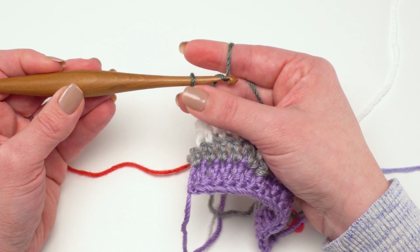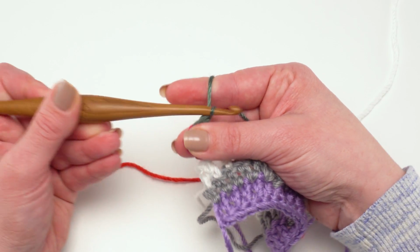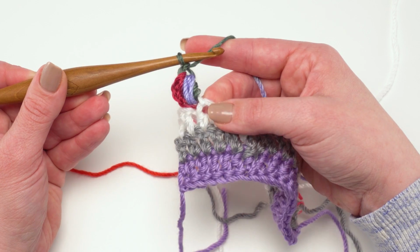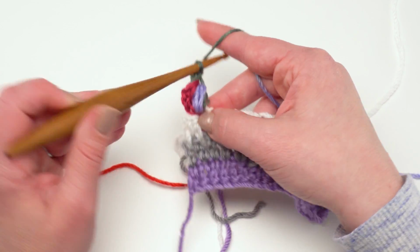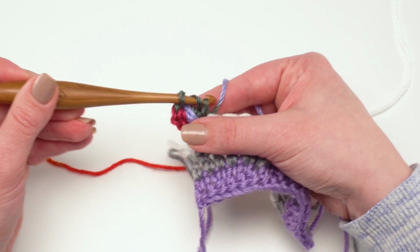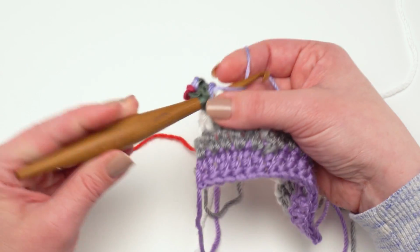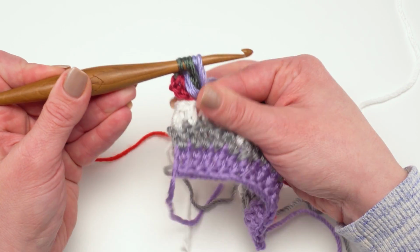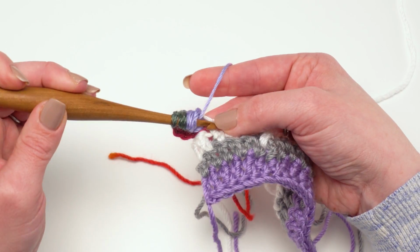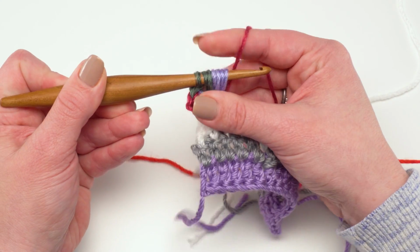After that, I'm going to go ahead and keep a good grip on it, keep those stitches steady, and make a chain 1. There we go. And then we're going to puff stitch back in that same stitch. So we yarn over, go back in that same stitch again, pull it up nice and high, yarn over, go in that same stitch again, pull it up nice and high. One more time, yarn over, go in that same stitch, pull it up nice and high,